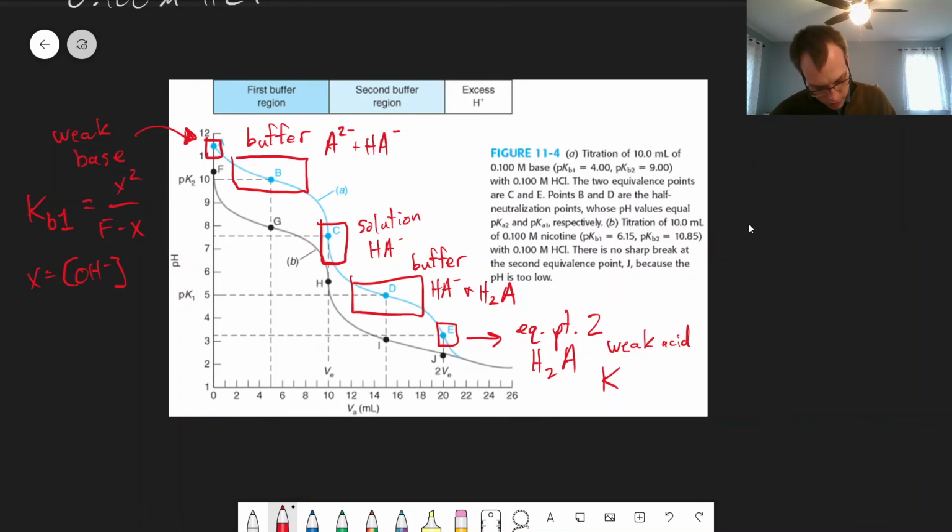And so we can use Ka1 equal to x squared over F prime minus x, because our concentration has changed. And again, here x is going to be equal to the concentration of H plus, because now we're considering an acid. And then beyond that, we're going to have excess titrant that will control what's going on in terms of the